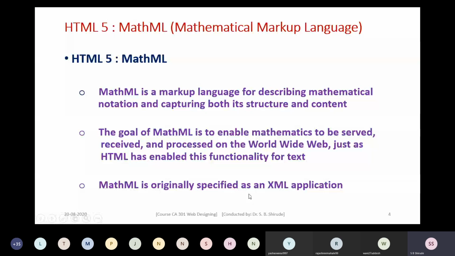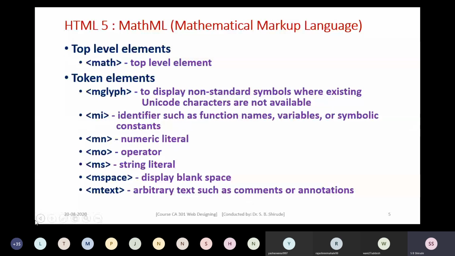Now, this is all about MathML. Now we will proceed by considering the different categories of the elements which are supported by MathML. The knowledge about the elements is necessary, and only then can you use them and design some web pages by using the elements. Therefore, we will go through the important elements of MathML and then we will design some sample web pages by using these elements.